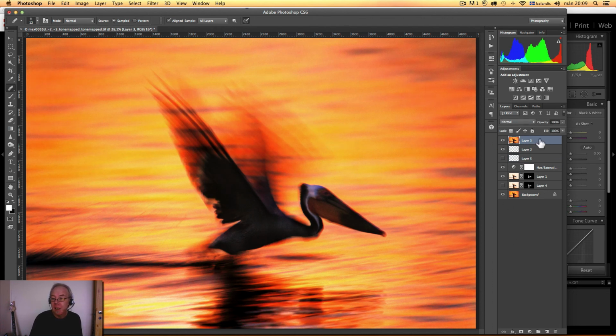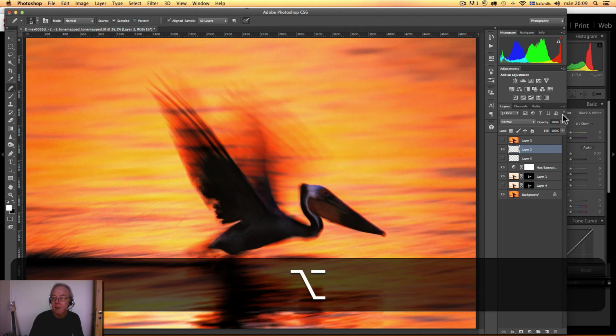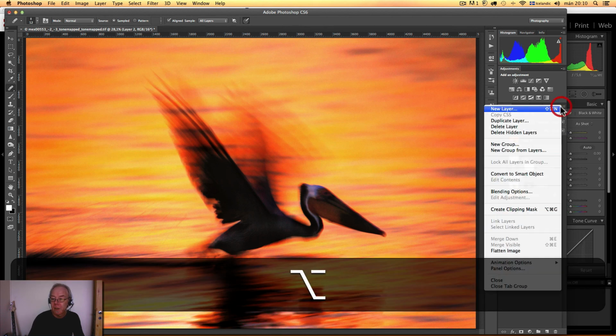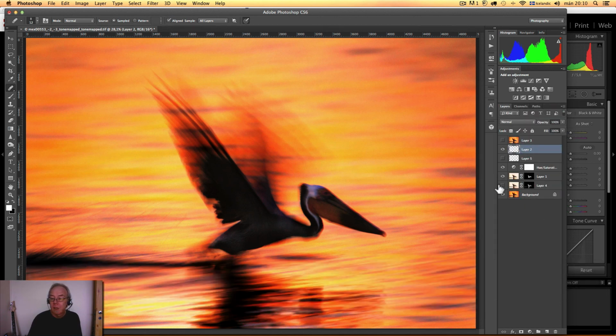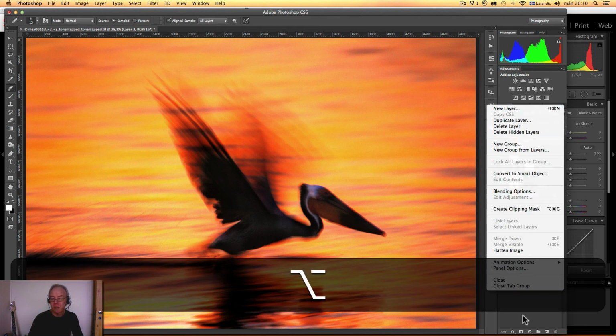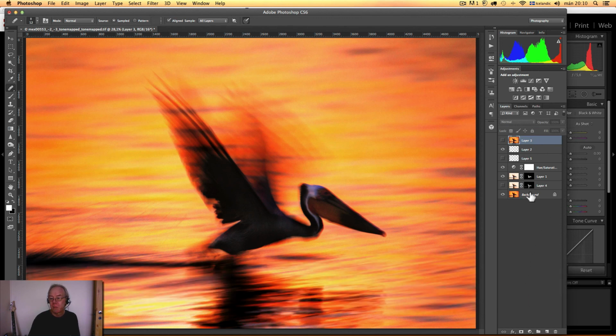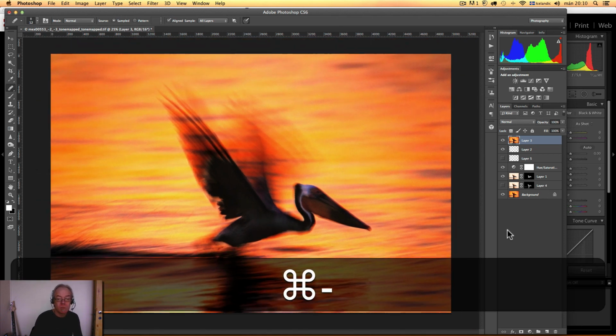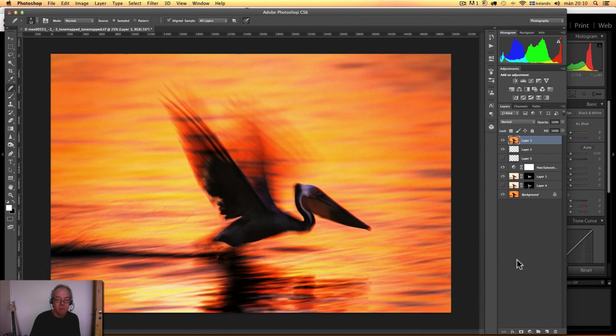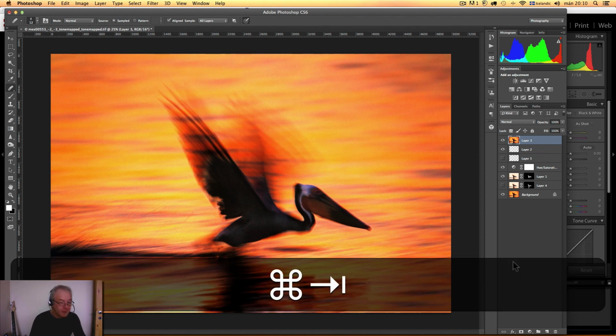And then when I'm done doing that, I hit Alt and go here into, let's see, now we were gonna leave it at that, just leave it as it is. So basically what I would do, I would merge visible into one, but I'm not gonna do it now. So this is the final image, and that's about it. Save it, print it, send it on the net, or do whatever you want to do with